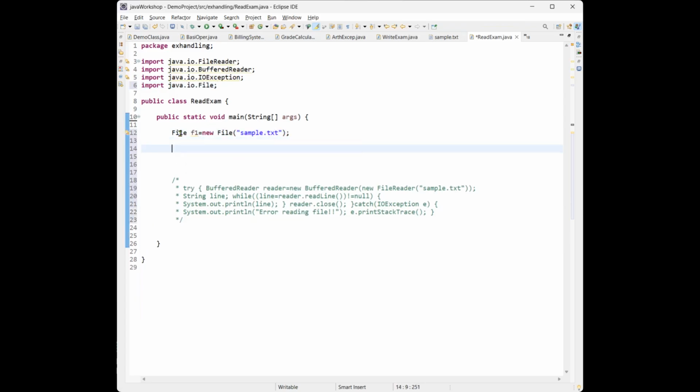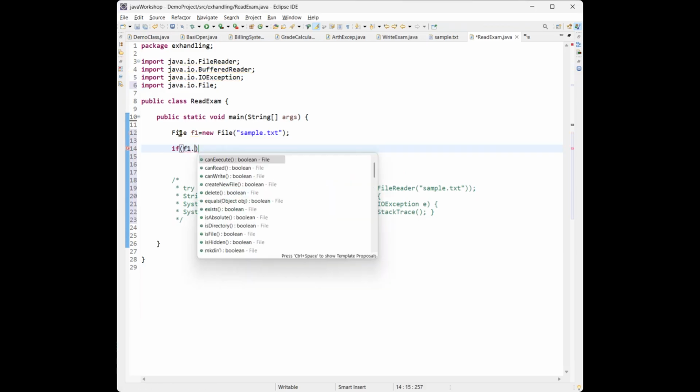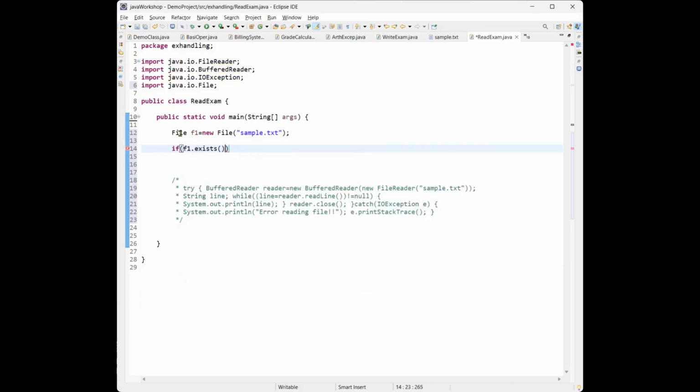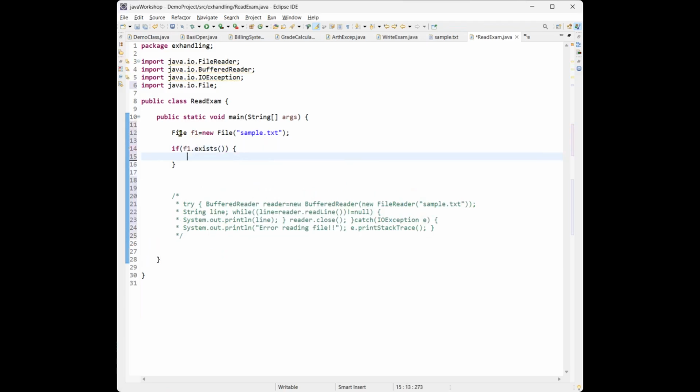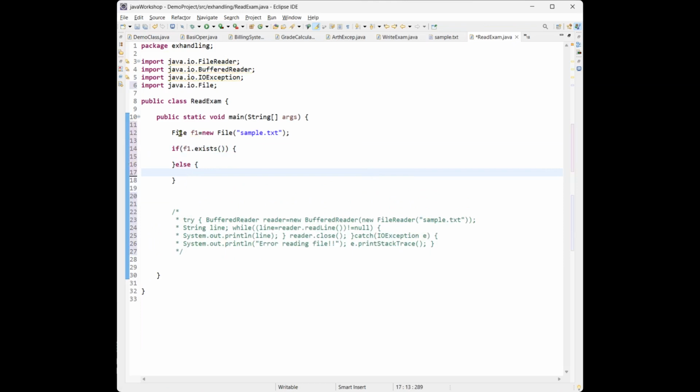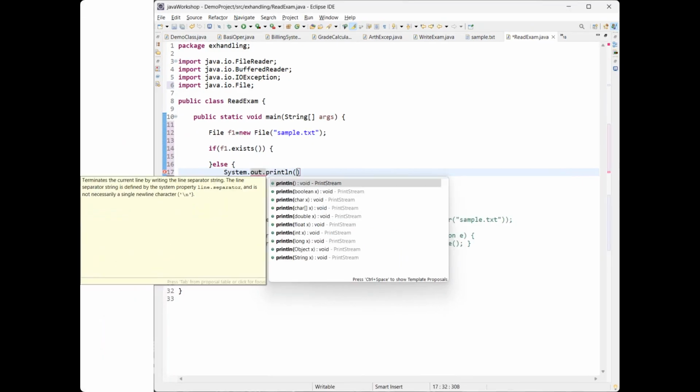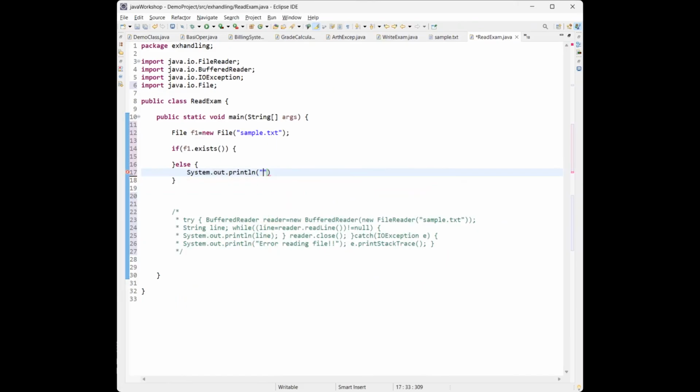Now we need to check whether the file exists or not. So I'm taking one condition, f1.exists. Here you see it returns true or false. So the if condition will check whether the condition is true or false. If the condition is true, then it will execute that block. If the condition is false, we need to print out the error as System.out.println and tell the user